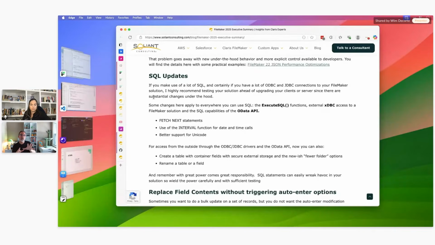Figure out if it's fast or slow. It should be faster. But you know me, I'm a belts and suspenders guy, right? So do some testing if you know that your solution relies heavily on using execute SQL or any kind of SQL.